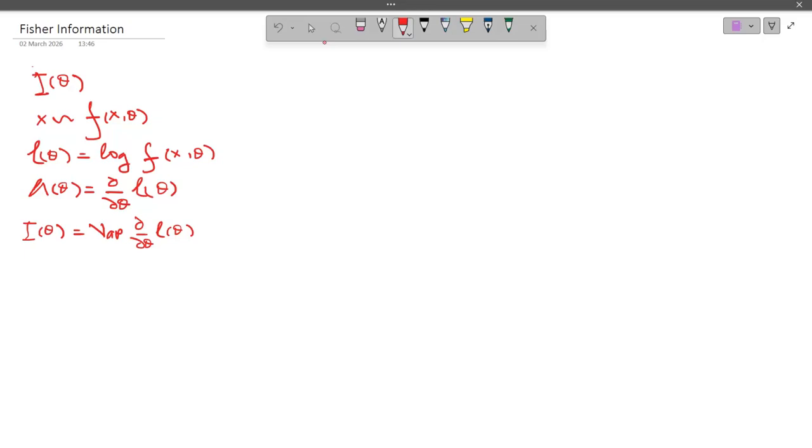The first partial derivative of the log likelihood is a function of x, so we can take the variance, and that equals the expected value of del theta L theta whole square. This is happening because the expected value of del theta L theta is 0. It is easy to see the expected value of del theta L theta